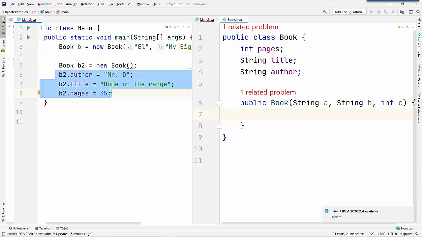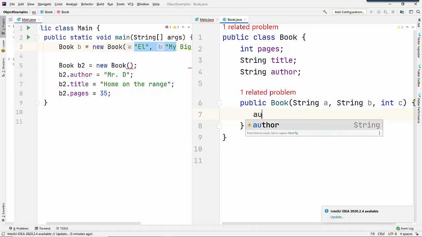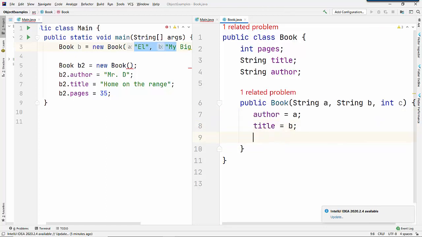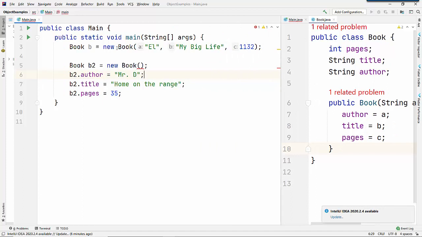Instead of assigning all the starting values, we're going to give all the starting values to the constructor inputs, and then the constructor is going to say author should get assigned A, and title should get assigned B, and pages should get assigned C. So I'm taking the input starting values, and I'm taking each starting value and saving it inside the attribute for the actual book that we're constructing right now. So if I do that, you'll notice that the underlining has gone away, so there's no error here. And what this is going to do now is it's going to construct a new book with these starting values